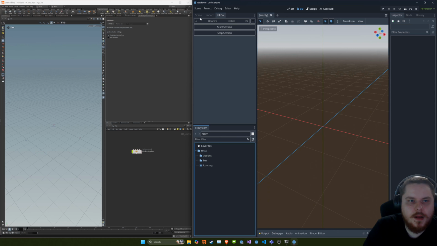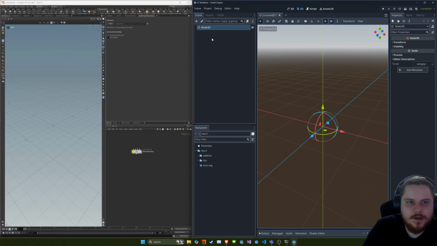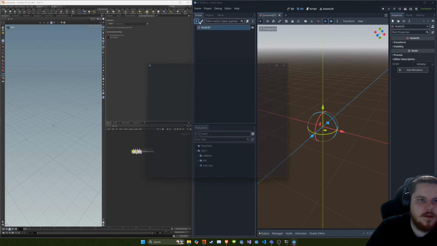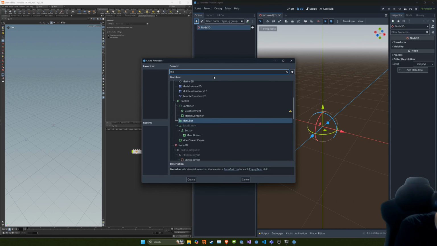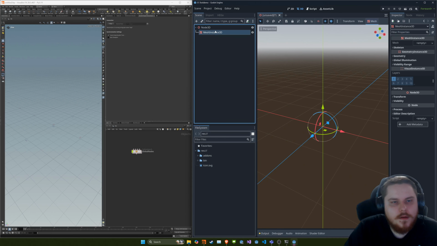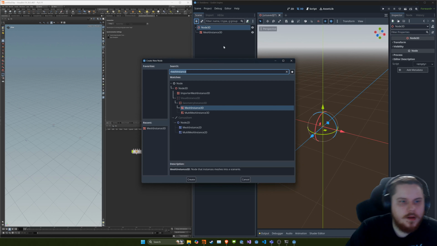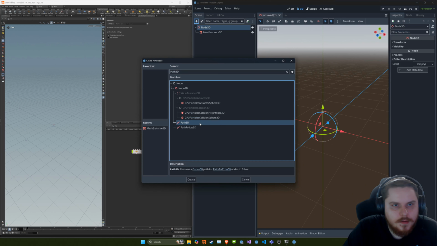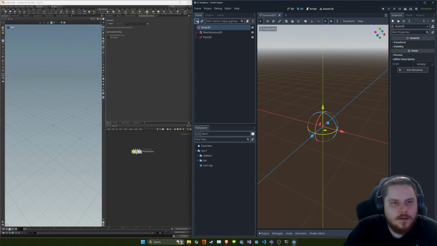So what I am going to do is say I want a 3D scene, and in this scene I want a mesh instance 3D, and I want a path 3D, and I want